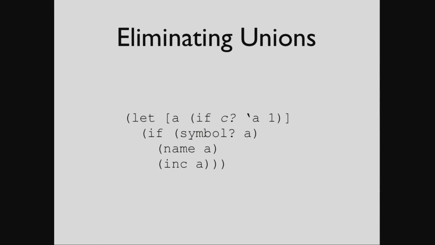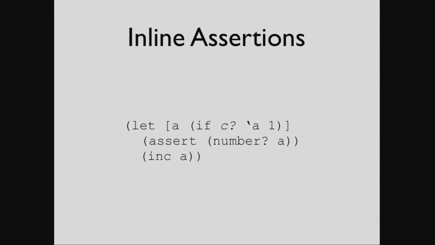This type of inference happens automatically, and this is the form that Typed Clojure finds things in once it's expanded out all your programs. Everything expands out into if statements. And if we wanted to learn more about our programs while sequencing operations, then we can